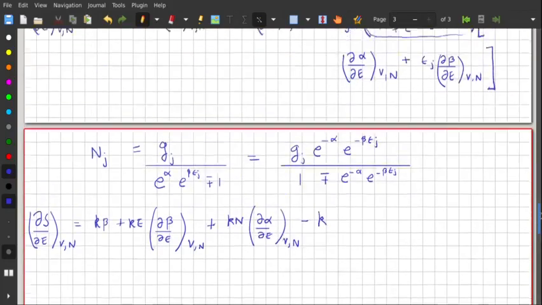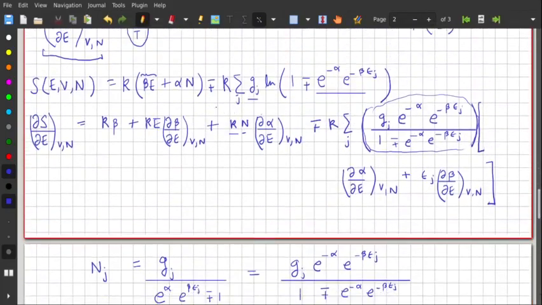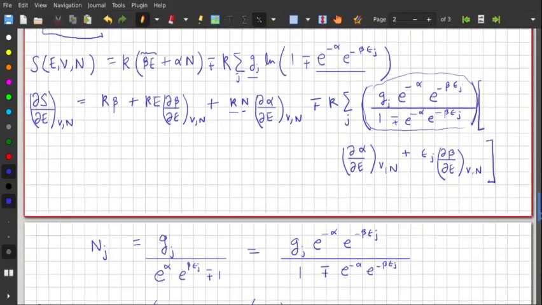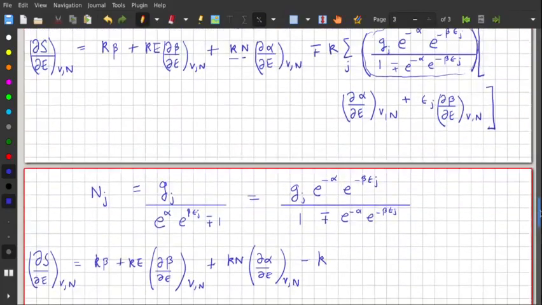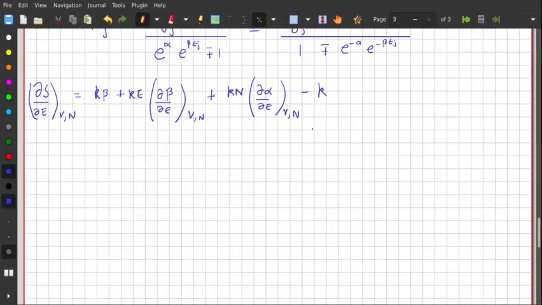So now we are at this term. And minus k, and then we have sum over j and j,